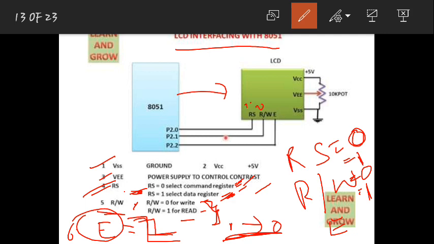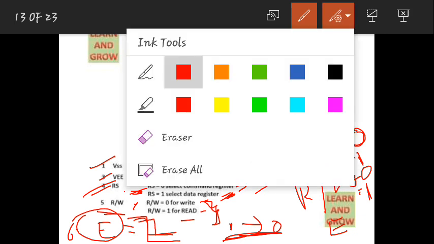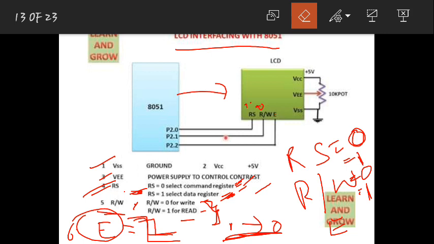If you just do that on your LCD, the data you are writing won't be displayed. It will be displayed only after making the enable pin go high to low. Only then can it latch on the LCD. So that is what I meant to say.